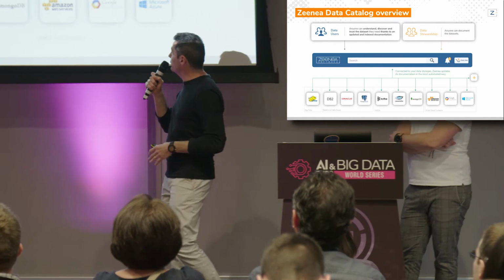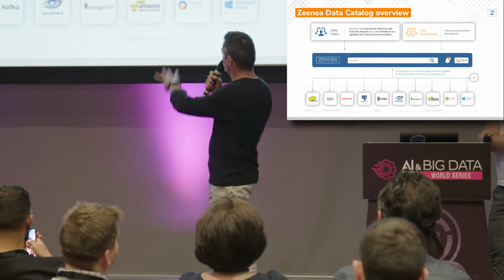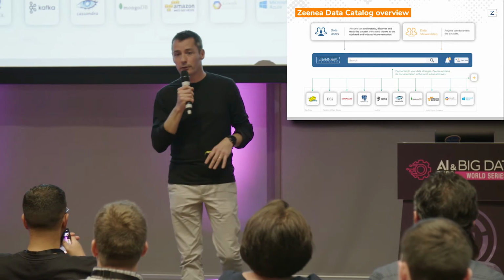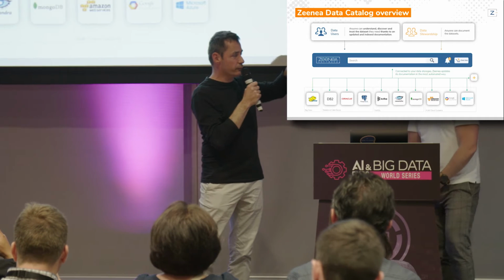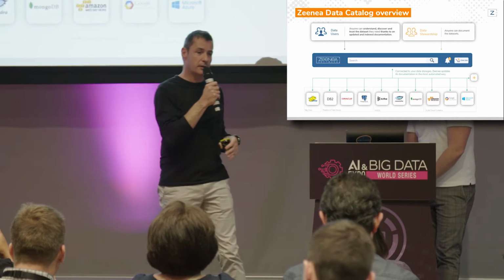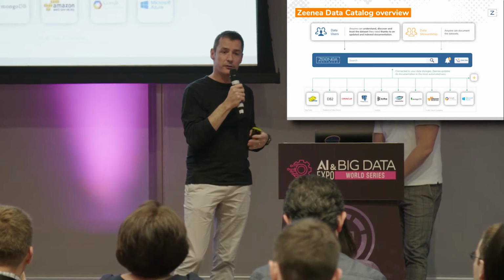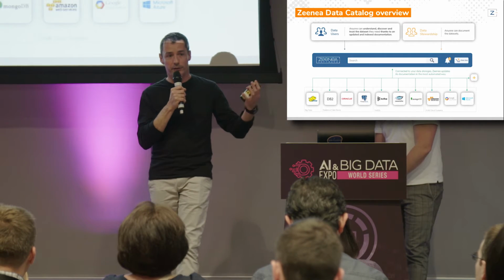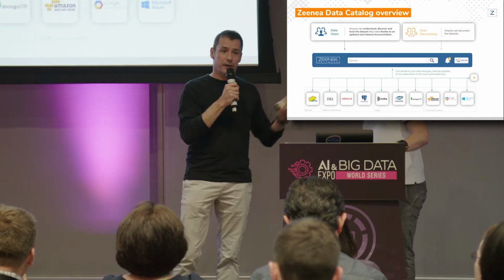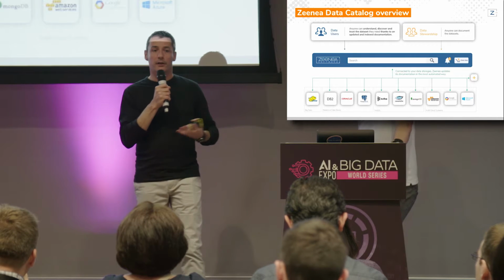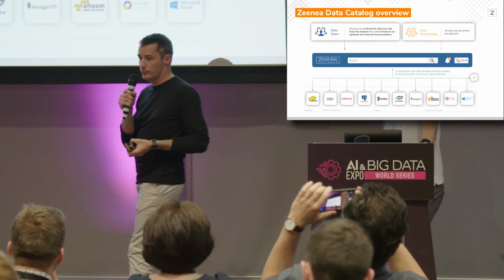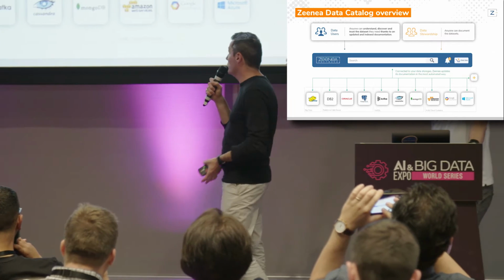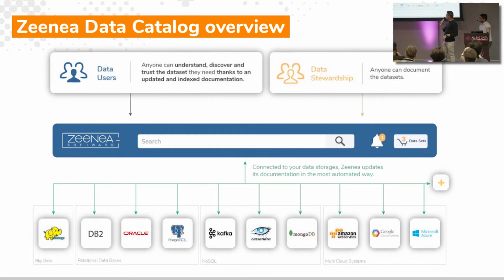An overview of the system, a very simple one. So you have all the connectors that will go on your storage. We have listed some of them. We have actually something like 40 or 50 connectors to all kind of technologies. Can be physical storage, can be warehouse, ETLs, APIs, any place you find assets that you want to catalog to help people find them. So we connect to all these sources.